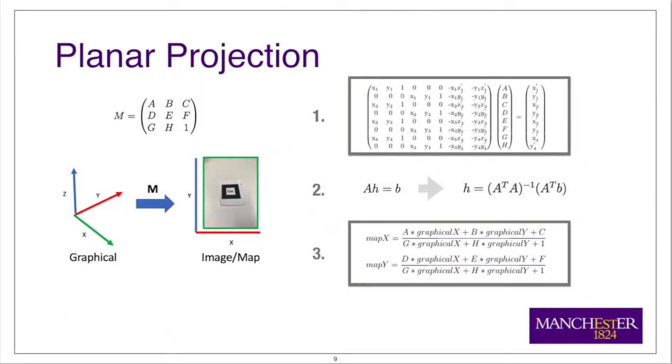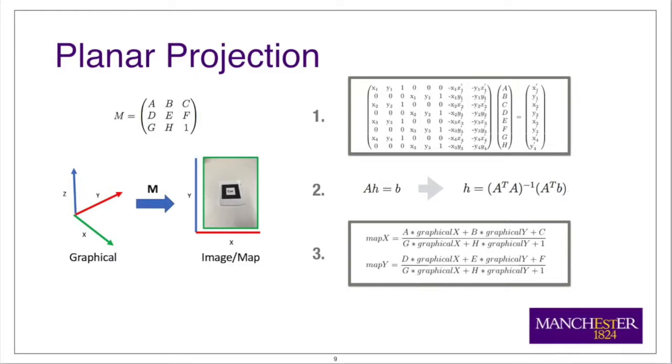To check the car movement's validity, the graphical position needs to be converted into the image/map coordinates. A matrix M is therefore needed to multiply the graphical position to get the map position. To calculate this matrix, I use a least squares method by mapping 4 points between the graphical and image coordinate systems. These 4 image and 4 graphical points were set to the marker's corners and were entered into the equation